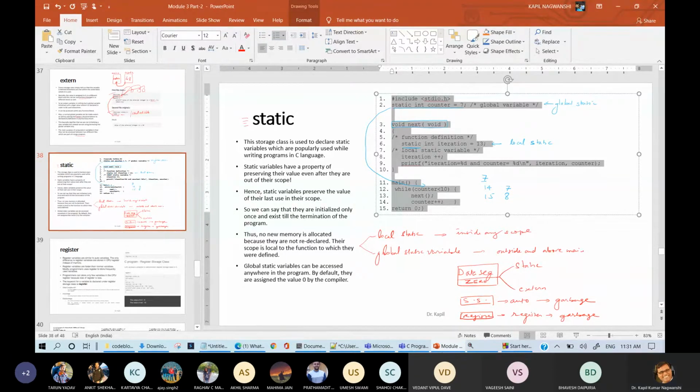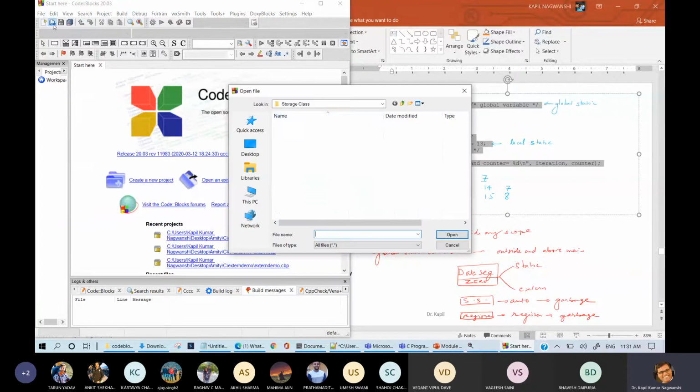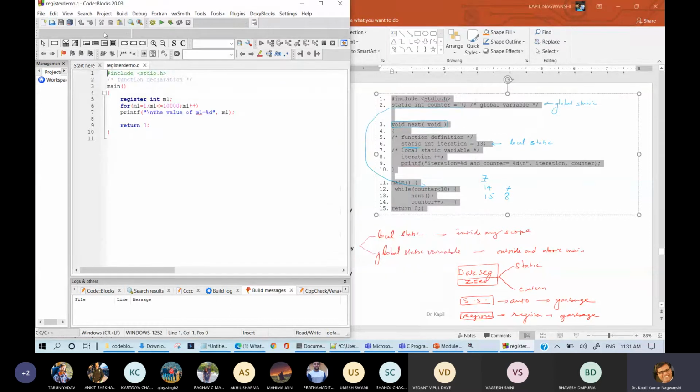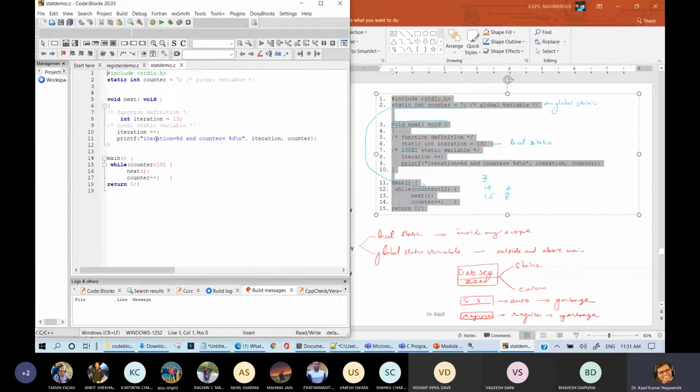So this is Code::Blocks, and I'm opening that file, register demo. No, register demo is not required. Actually, this time static demo is required. Yes. So this is our static demo program.